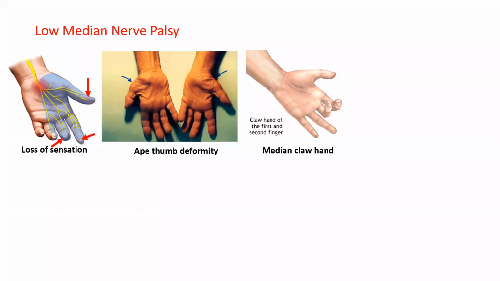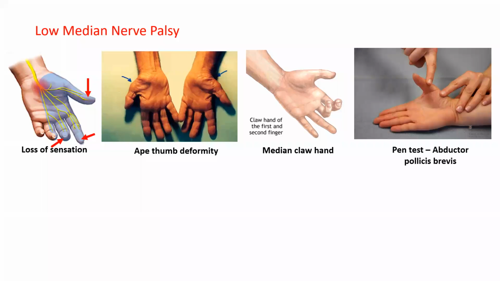Now, if it happens in all four fingers, we call it total claw. This occurs in peripheral neuropathy involving both the median and the ulnar nerve. Whereas when only the median is involved, this occurs. The ring and little fingers are spared, whereas the clawing happens in the middle and index fingers, right? Like shown here. So this is the median claw hand.